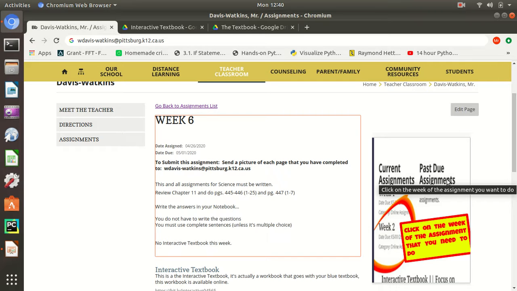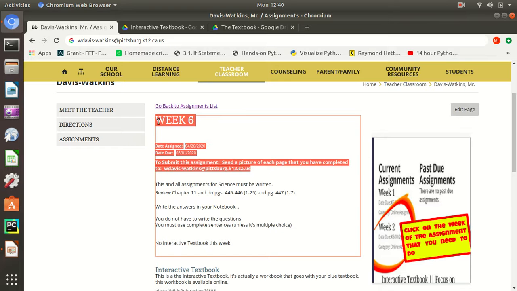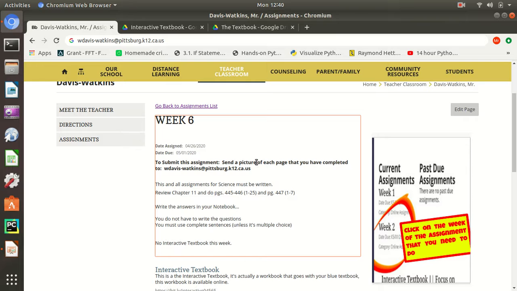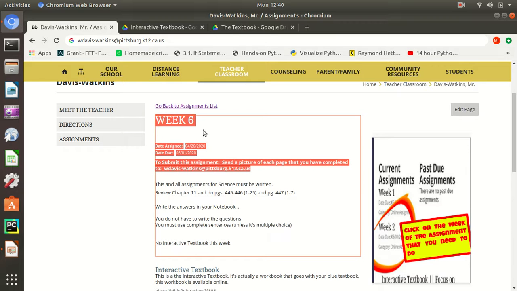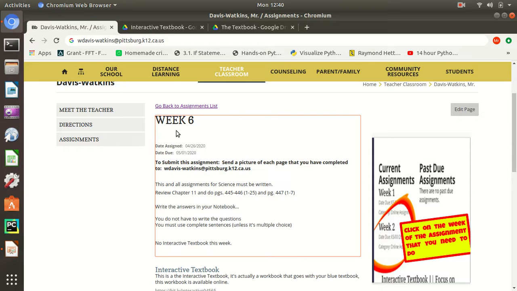Another important thing is for you to have an email address that has your real name. So the district assigned you an email address, and you can go on Clever and find that if you want. But if you don't want to use that email address, then you can change your Gmail name or make a brand new Gmail.